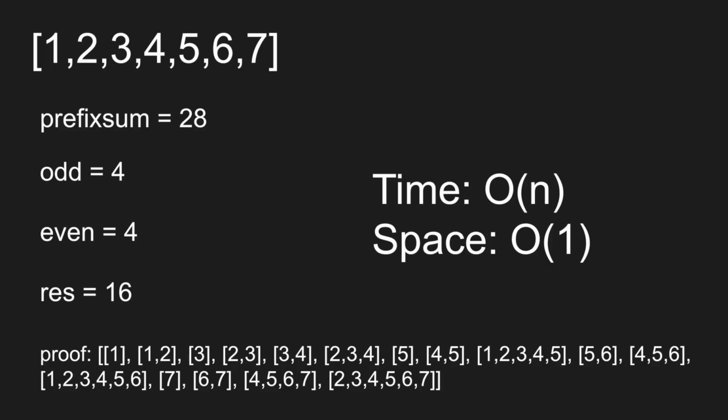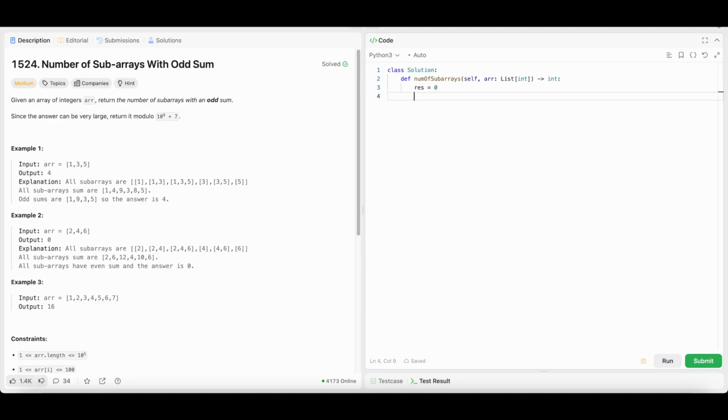So now let's get to the coding part. So first we'll initialize the result to 0, the prefix sum to 0, the odd number to 0, and even to 1 because in the beginning prefix sum is even. So now we loop through the array. We calculate the prefix sum by adding the number. If it happens to be even,